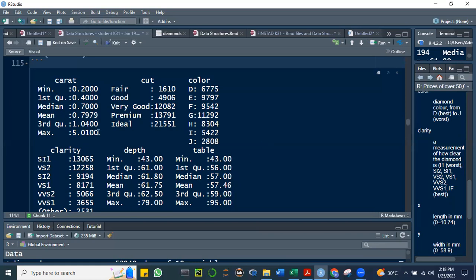Clarity is the same. I think this is the best, I'm not sure, I forgot. This one is probably the worst. Okay. As to the others,